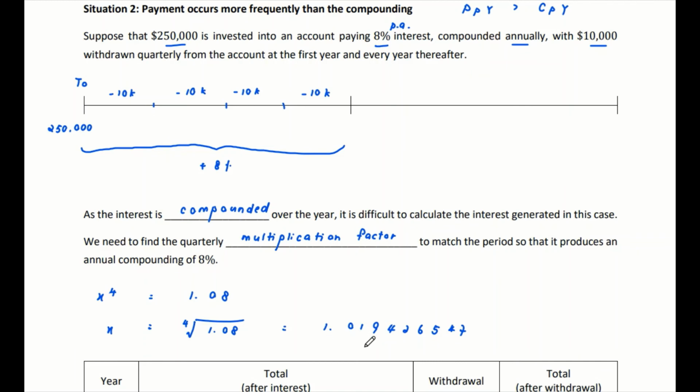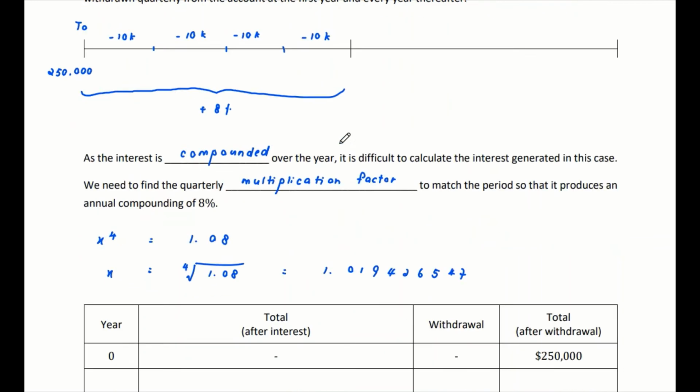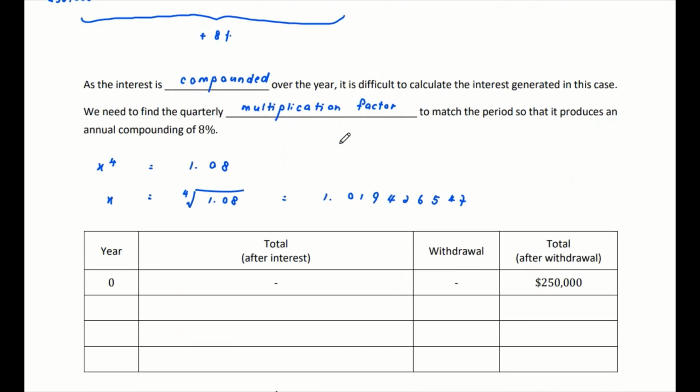So this is like 1.01^9. I multiply it by itself 4 times, and I get back to 1.08, which is correct in terms of how interest is compounded over the year. Okay, so now by looking at this situation, you can imagine that we can't do this for yearly, because